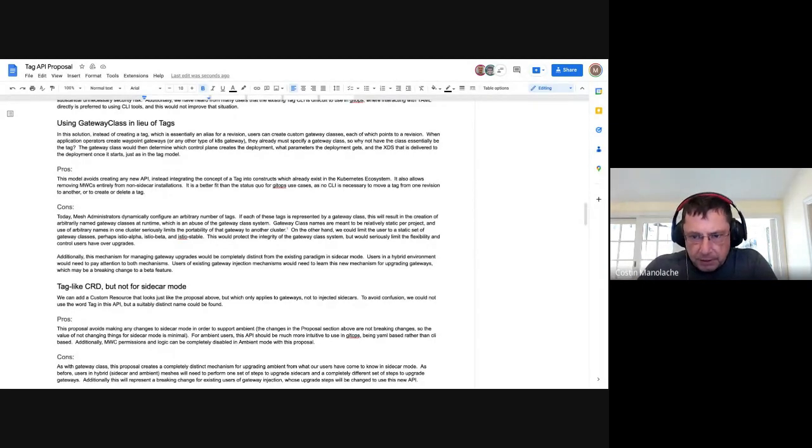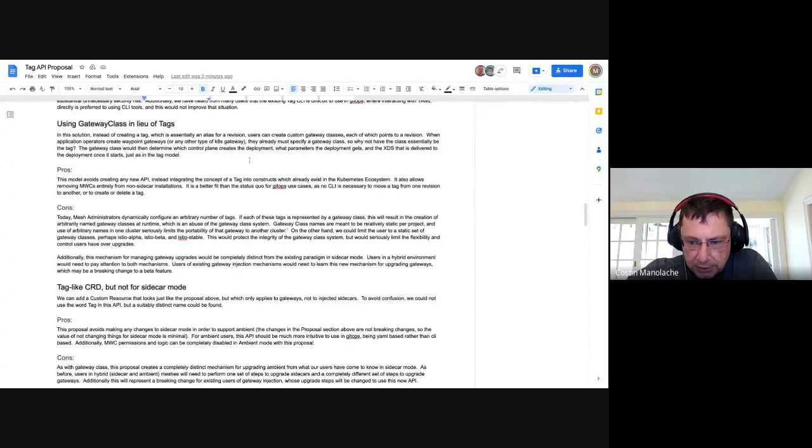For Ambient, we have a very narrow problem, really. For Z-tunnel, it's just how do we manage the waypoints and maybe gateways. And I don't think we are ready to commit to an API called tags that is confusing and impacts sidecars and all the other stuff, just to do a very simple thing that we could put in a config map like mesh config and be done with it for this release in particular.